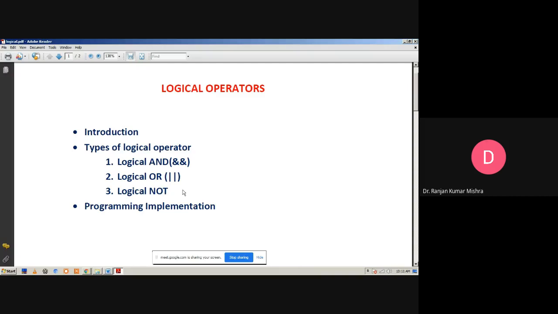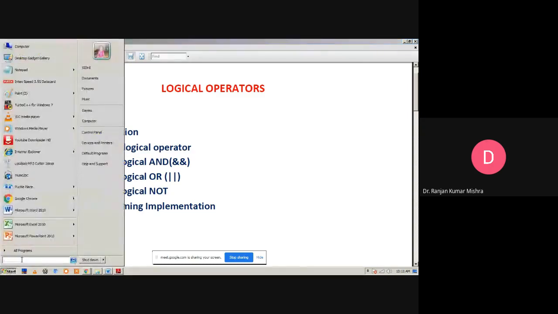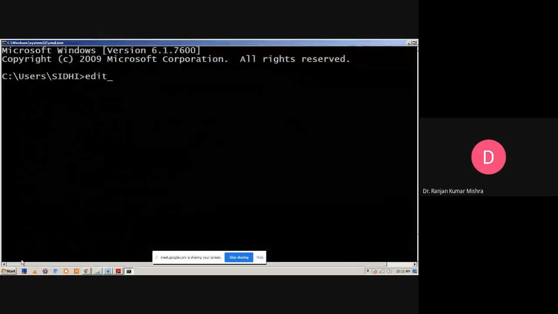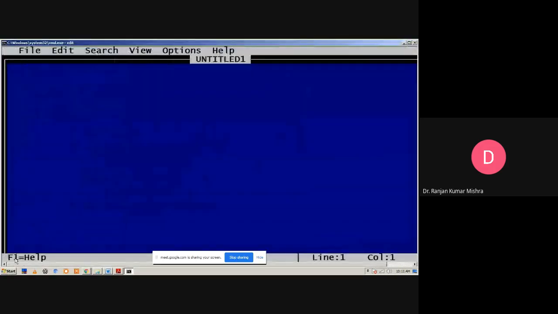In simple words, a logical operator is used to combine more than one expression to take any decision.